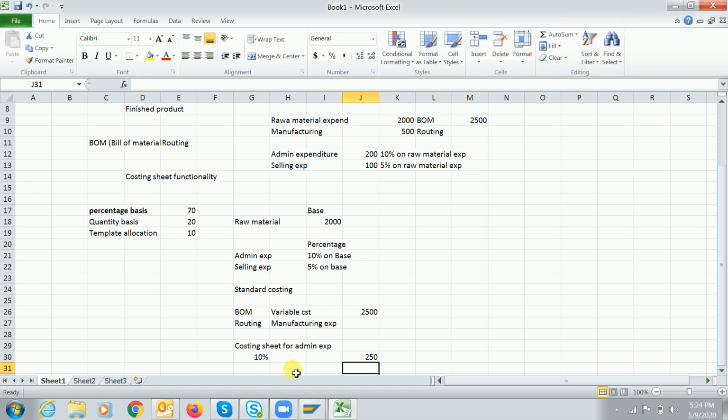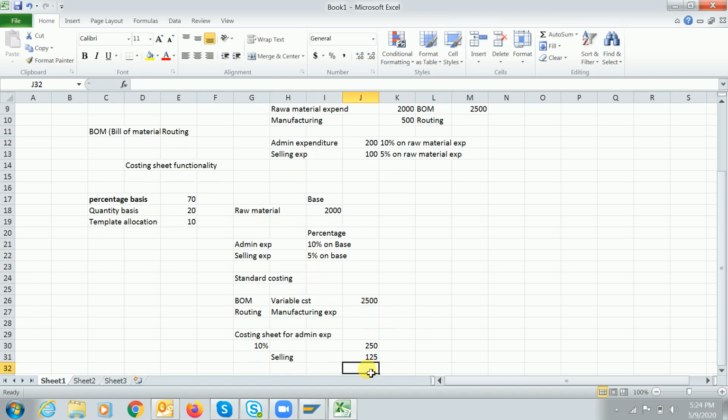And then while calculating the selling expenditure, what we have done, we have maintained 5% on the base. What is the base? 2500. What is the percentage? 5%. So the system will calculate 125.